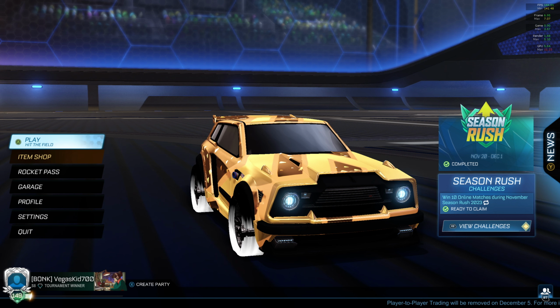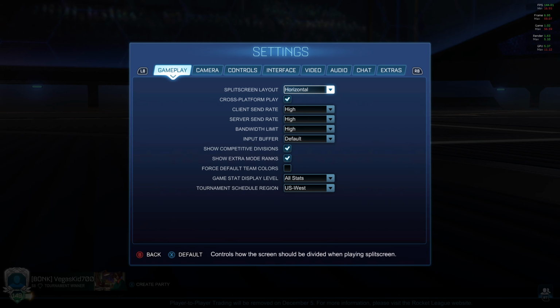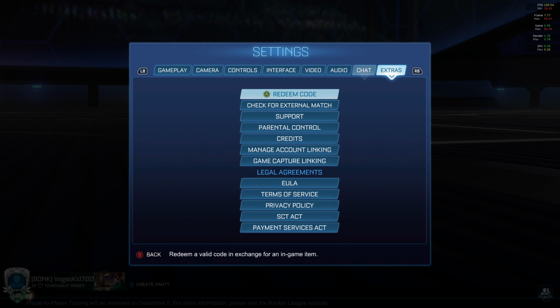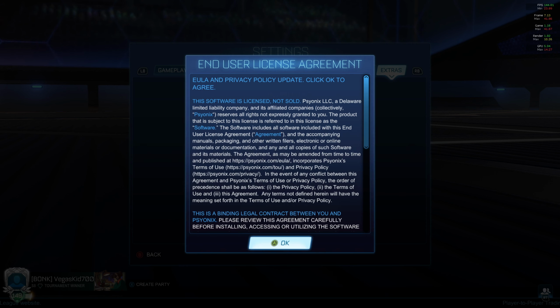Now, let's go ahead and jump right in. From the main menu in Rocket League, we'll go down to Settings on the left. Then we'll go ahead and hit R1, RB, or use our mouse to navigate over to the Extras section. Now from here, we'll go down to the Legal Agreements. We'll go ahead and hit A, X, or go ahead and click on the EULA, which stands for End User